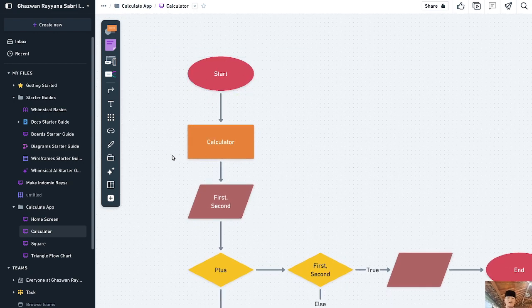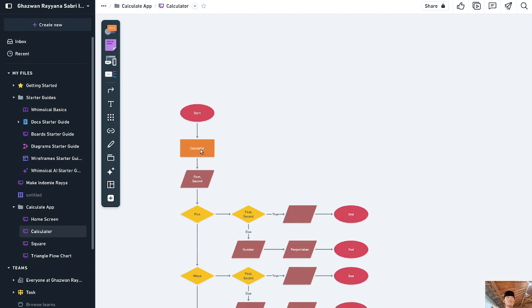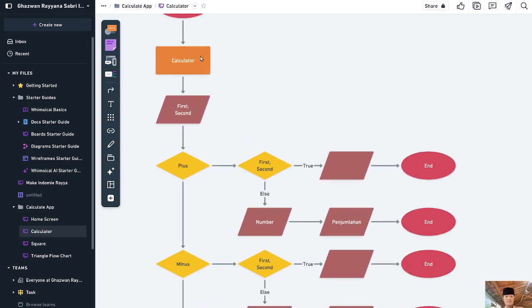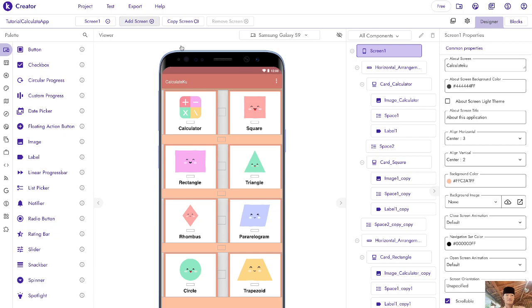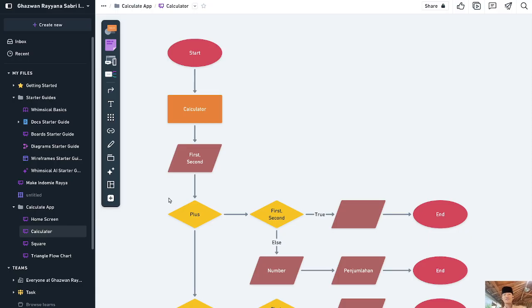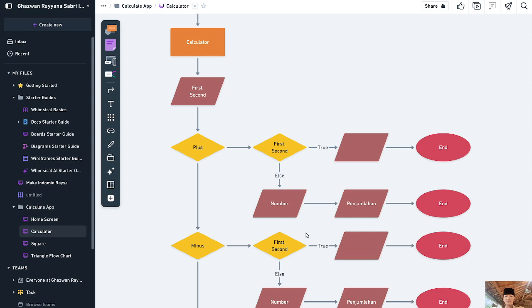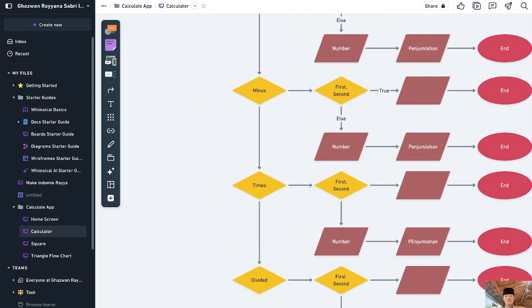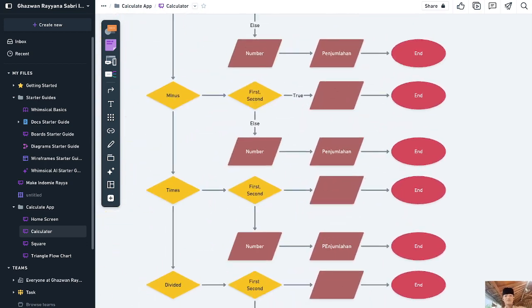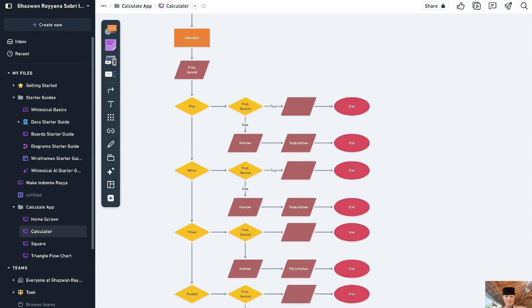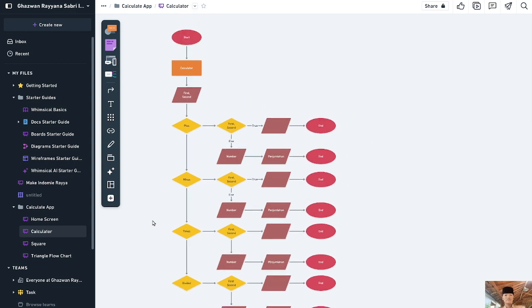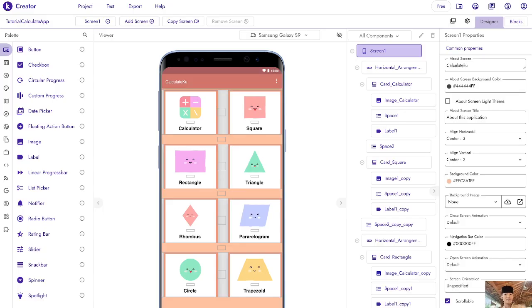So we start as a circle, then a square here. So this is the whole chart here. So start, then first and second. This first and second are going to be the first number and the second number to calculate. Then if plus, it's going to be this, minus, times, and divide, modular. So this is the main thing of the flow chart. If you want to stop the video and see and understand it, it's okay. I'll give you time.